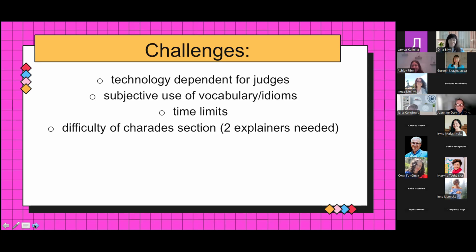Time limits, that was also really difficult. We had the timers on the screen. We had the timers counting. But in one of the sections, which was the charades, I think the timer showed 30 seconds. I don't think any students could do it in 30 seconds. So immediately the judges quickly chatted and we said, let's give them 1 minute. So we had to adapt last minute and say,